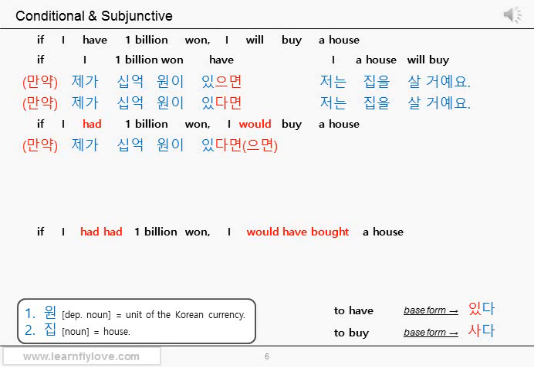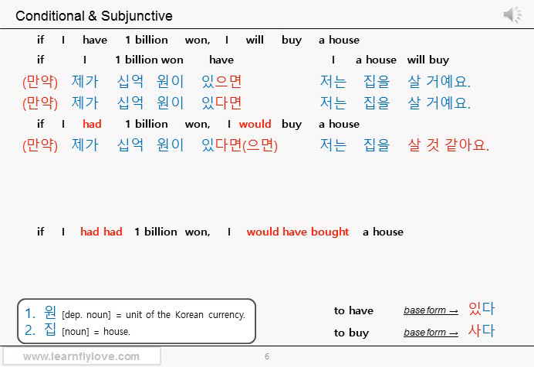So in English, there is a grammar that can tell us that this is a conditional, but there is no real possibility in this present moment. But in Korean, it doesn't work like that. If you want to indicate the present moment with a conditional, you use the present tense. Okay? Then let's see the second part. 저는 집을 살 것 같아요. We used 을 것 같아요 to sound more like would in English.